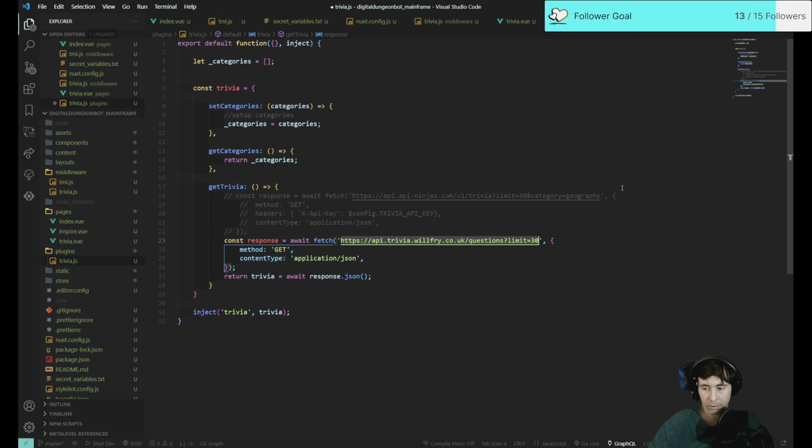So what we need to do is let's go ahead and just load 10 for now with a category equals, you know what, I need to grab the category list. Geography. How to use, I don't really want how to use, I want